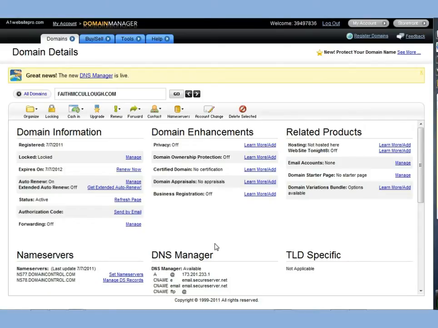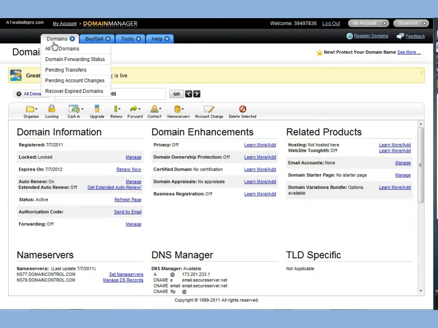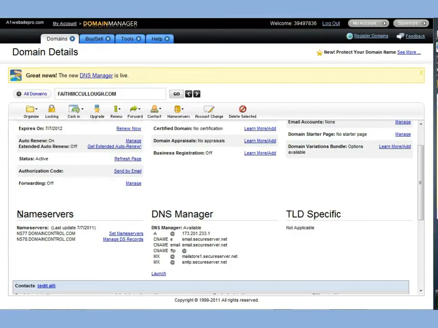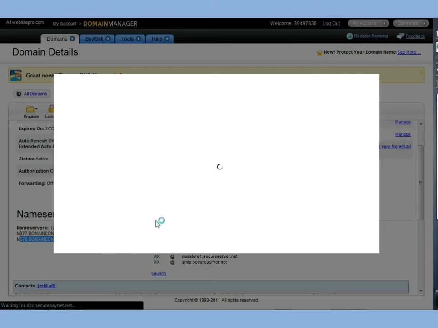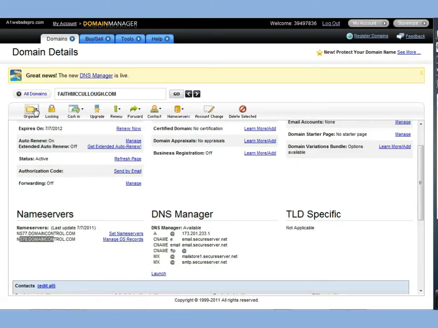Okay, Carla, to set the domain name servers, you would follow your website, like what we use at A1 Website Pro, GoDaddy, or similar. You want to navigate to the name server section, and you see these name servers, NS77 and 78. You would click name servers, and then set those accordingly. And if you're going to have your hosting with me, I would tell you what to set those to.